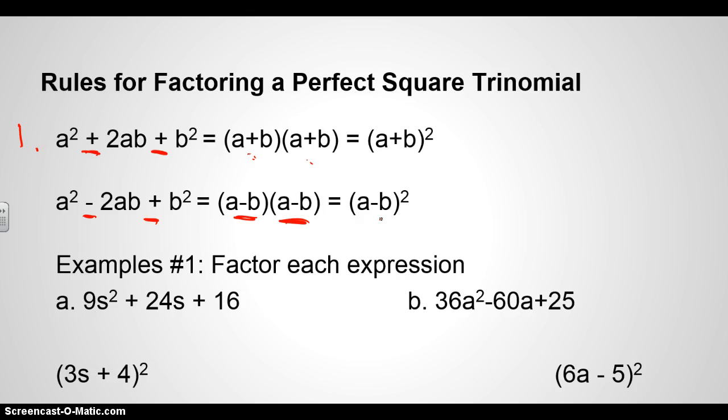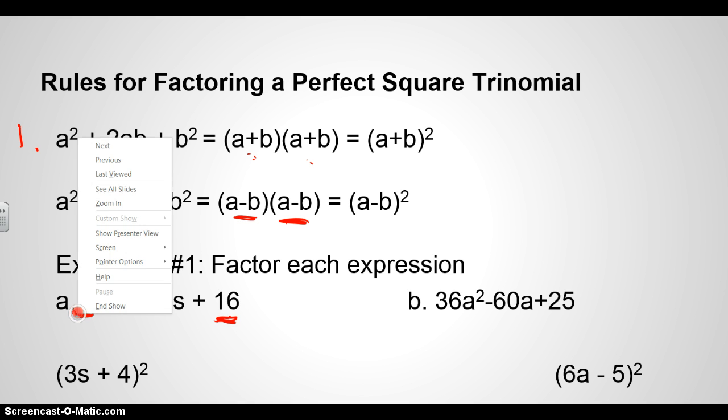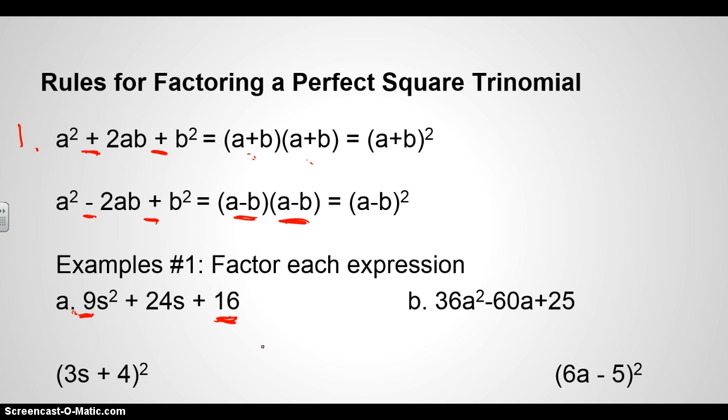Let's look, we have some examples of factoring each expression here. We have 9s squared plus 24s plus 16. Let's look at our first and our last terms, okay? That's going to be the easiest way to look at this right now. And we need to think what times what gives me 9 and what times what is going to give me 16. Well, 3 times 3 is 9, and 4